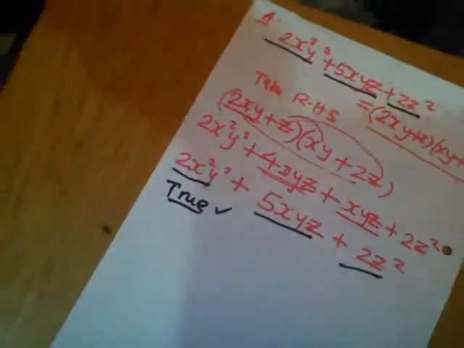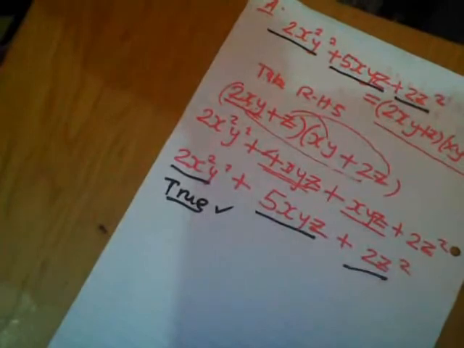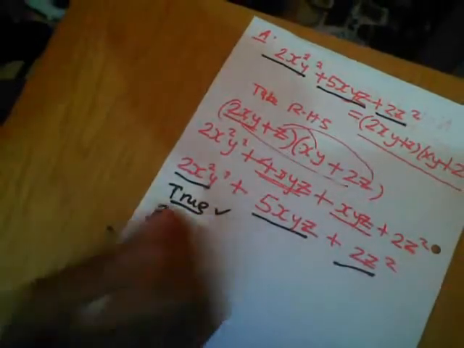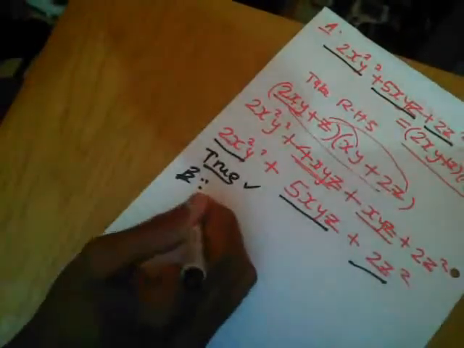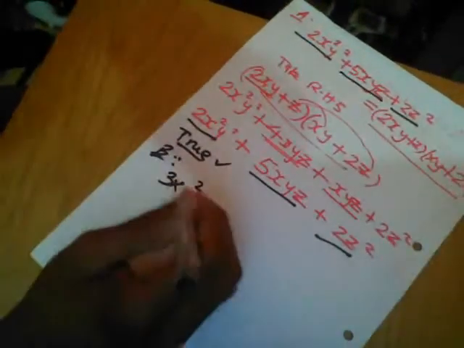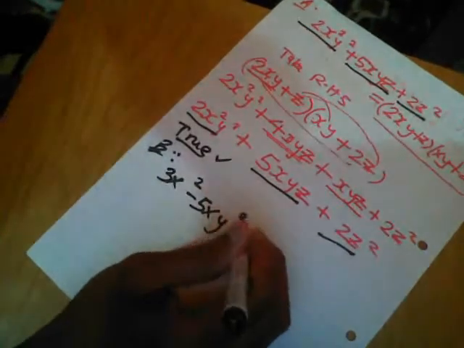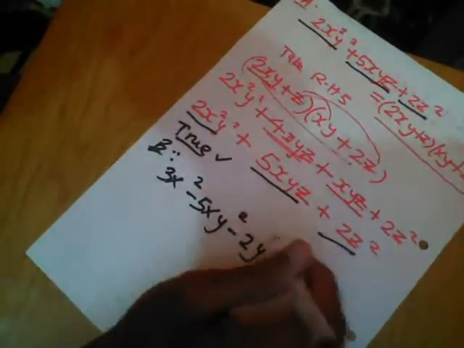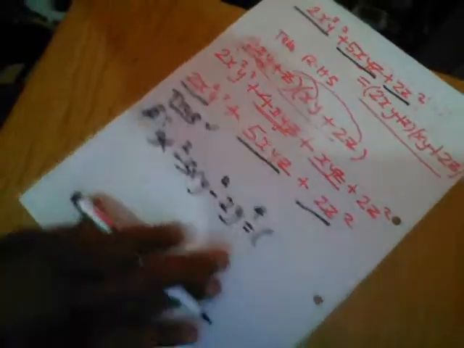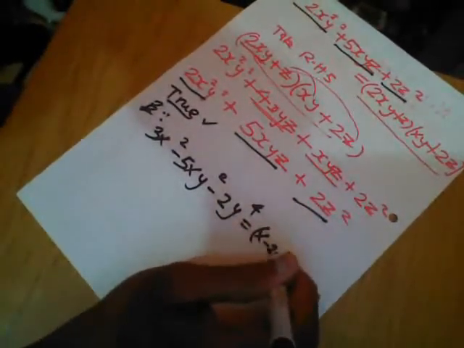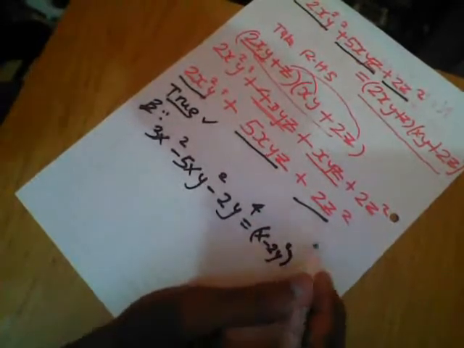Okay, now we go for the second question, B. I'll try to go speed now. So B, we got 3x squared minus 5xy squared minus 2y to the power 4, and then we want to see if it's true. If it's true, equal to x minus 2y